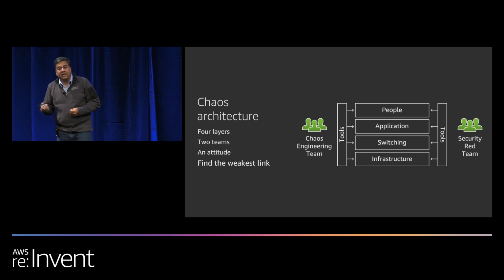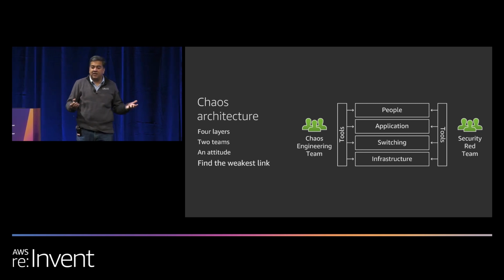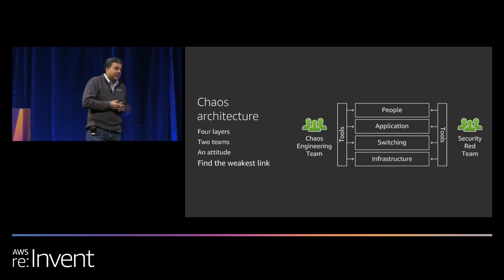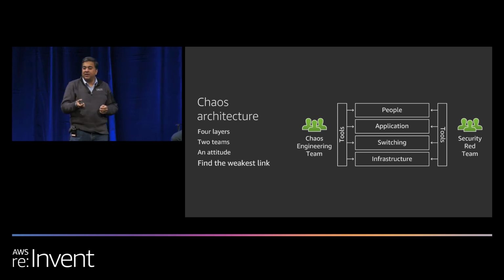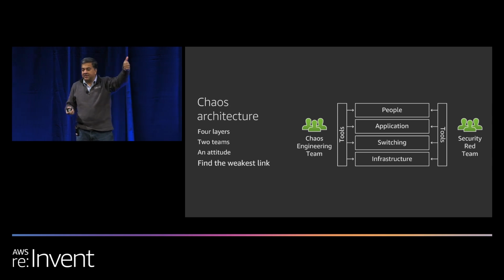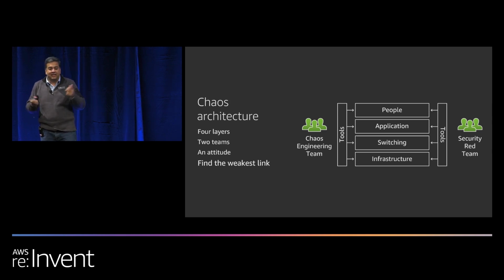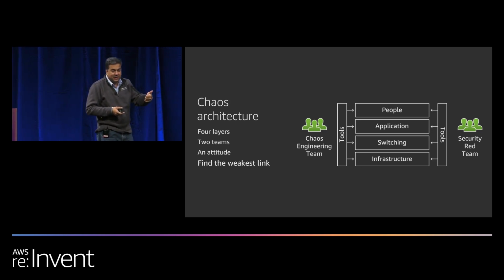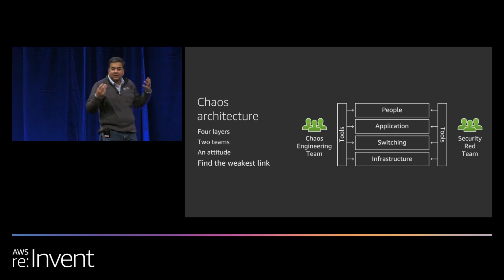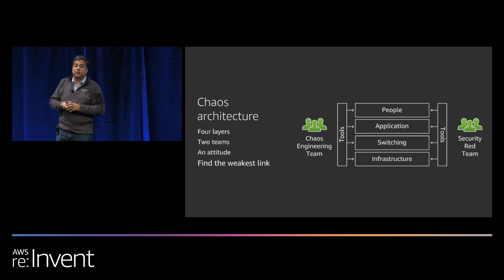One of the most overlooked areas is the network fabric, right? We all assume it will work. It's mostly resilient, it's mostly available. But then it's those critical times when you really need it to work, when the failover is happening, a DNS entry is wrong, or a route, a firewall was missing, or the routes were not correct, the links were not up to date with the capacity that you needed them to be. So you're going to have those kind of scenarios. You need to model those in your tabletop exercises. You need to model those into your test plans.